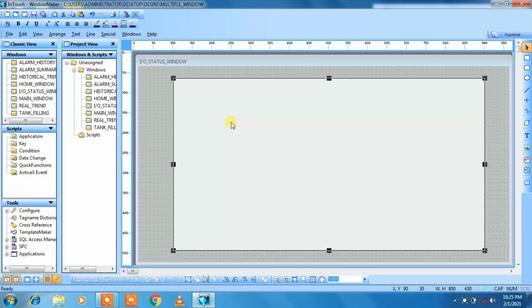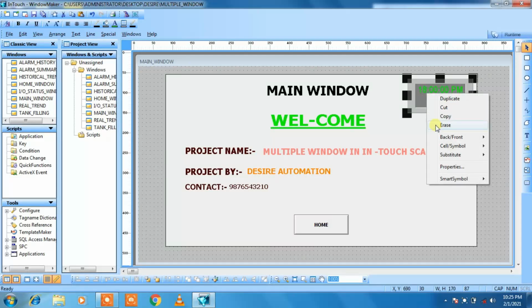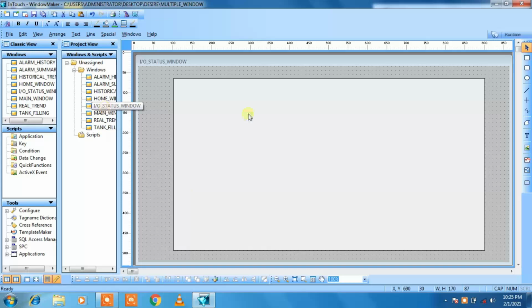Let us copy the clock also. Then go to the IO status window, then paste it. Then click on the screen. You will get the clock.